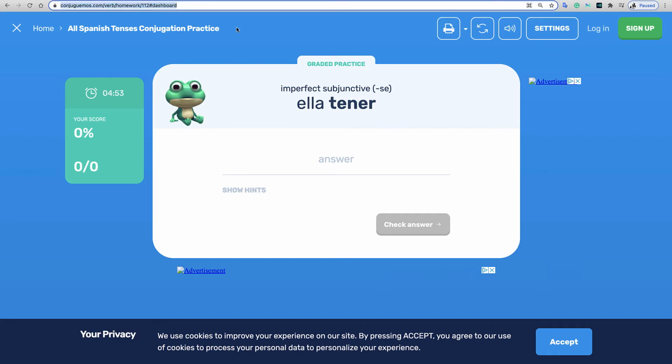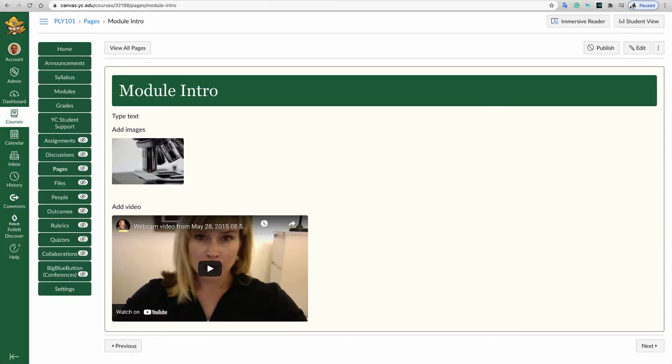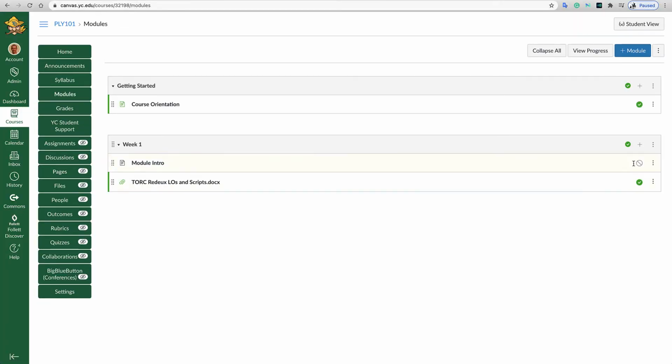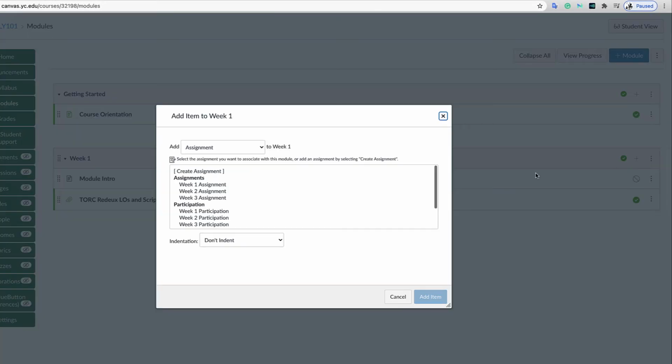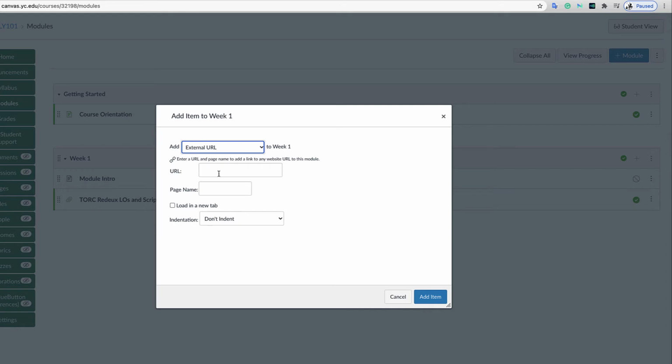So I'm going to copy it, and I'm going to go back over to Canvas and to the modules section, and I want that practice to be right in line here. I'm going to click add, and I want to add an external URL, right? So that's a link to a website outside of Canvas. I'm just going to call it practice,